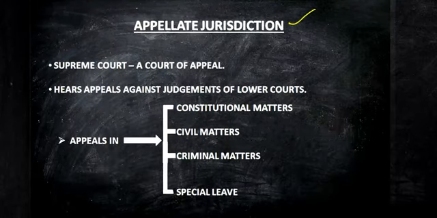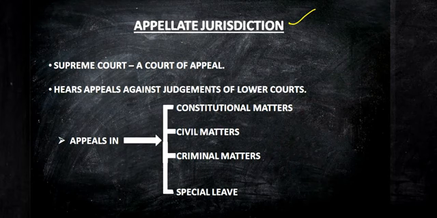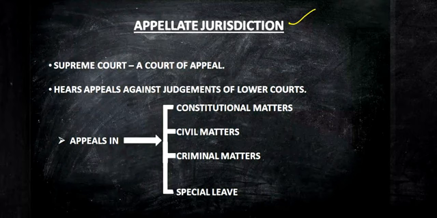Now, coming to the appellate jurisdiction, what do you mean by appellate jurisdiction? There is a particular process of appealing regarding a particular case. If there is an aggrieved person, that person will first move to the lower court, which is the district court. And if he feels that the lower court didn't deliver justice to him, or if the lower court feels that this case is a crucial one and it can be appealed, then that case can be appealed in High Court. So the case will move into High Court.